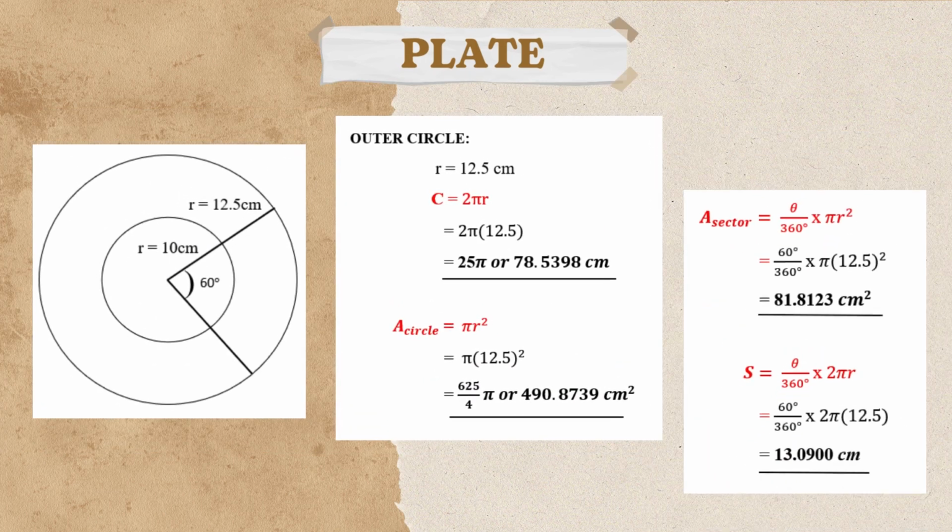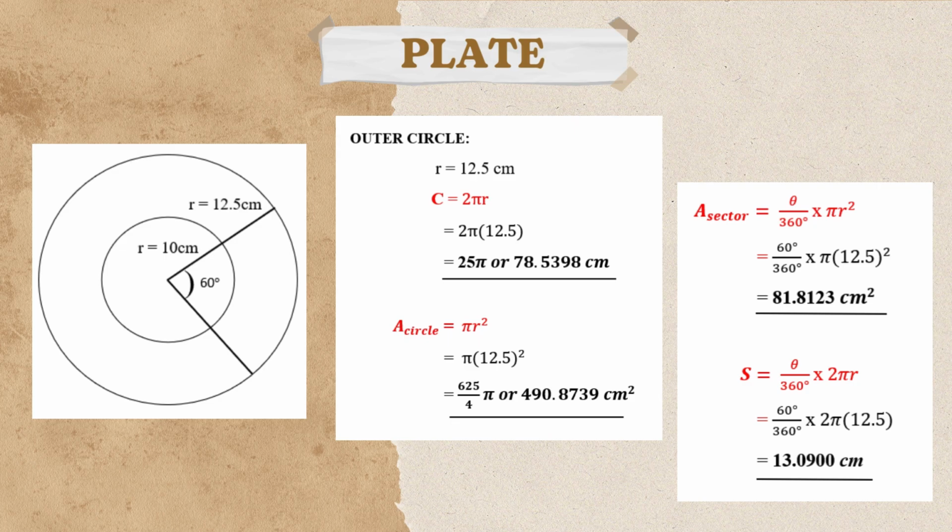A plate has two circles in it: the outer circle and an inner circle. So let's start by finding the outer circle first. By using the formula 2 pi r, we can easily find its circumference. The outer circle has a radius of about 12.5 centimeters. So, by simply substituting it into the formula, we find its circumference, which is 25 pi or